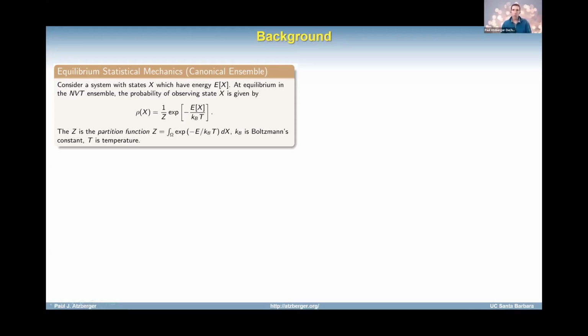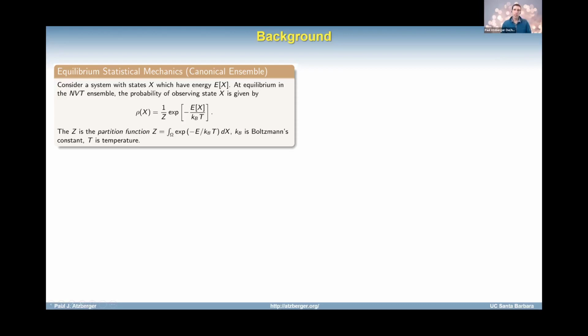And so whatever my energy is along the states of the system X, and by states I mean quite generally, this includes both the configurational and the momentum degrees of freedom, the state is going to be given by this distribution. It's basically saying that if you were to observe the system at any given moment in time, the probability that you would see state X would be proportional to the exponential of minus the energy of that state divided by kBT. Okay, so this is how the effective temperature comes into the model.